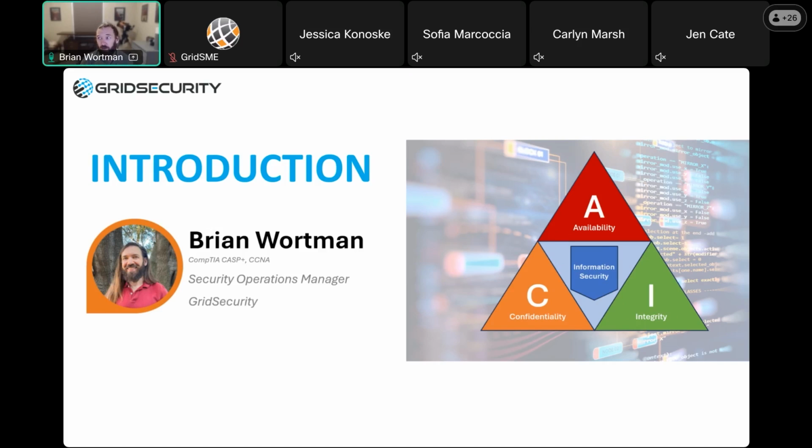So we're going to focus mainly on the A in the CIA triad here, but I'd like to show you how robust network architecture, segmentation, planning, and careful hardware selection don't just improve our security posture and our security results, they can help us improve the stability and resiliency of our operational environments. Just keep in mind that we don't see security and availability as at odds. We see them as complementary.